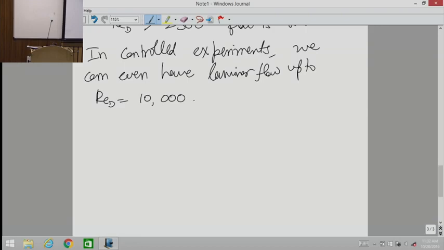So what he wrote was, he said velocity at any time, which is a function of x, y, z, time, is written as an average velocity plus a fluctuation. So the fluctuation was supposed to be very small as compared to the average velocity. So it was u is equal to u bar plus u prime. Then what he said was, okay, let us write the equations for u bar alone. So this was fed in the original Navier-Stokes equations.